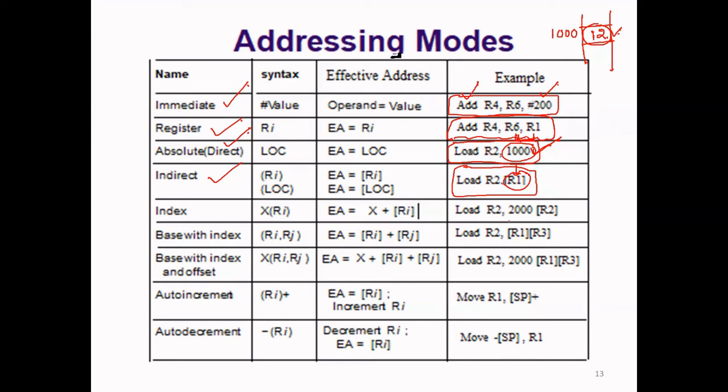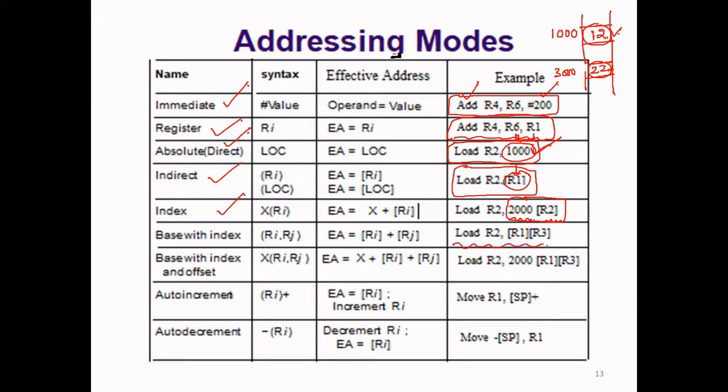Now observe here, there is a 2000 here plus this indirect address that will be added. Let us say R2 consists of 1000. 1000 plus 2000 is the 3000 location, and some data, maybe 22, is there. So it will calculate the effective address 2000 plus 1000, which is available in R2. So the effective address is 3000. This 22 is now moved to R2. That's why some index is added here, and that's why it is called index addressing mode.